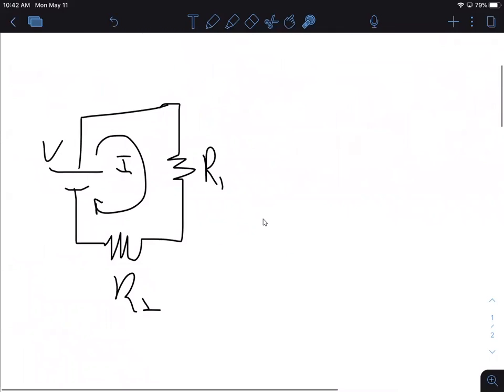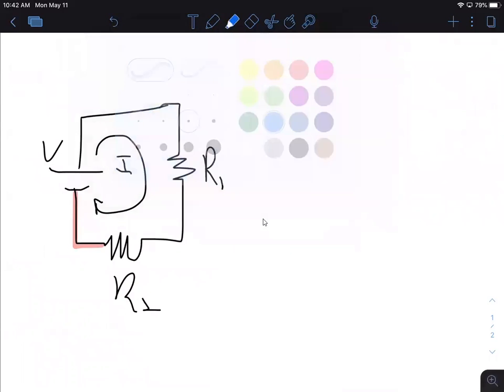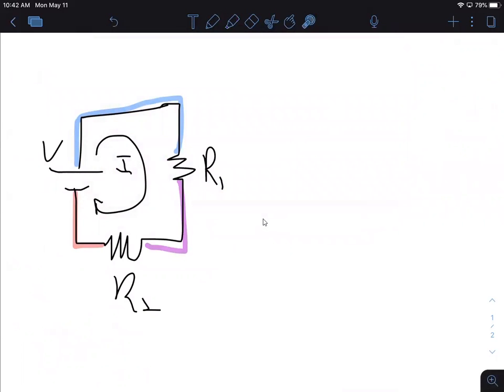Now, what can I do with multiple resistors? Because now I am no longer getting the total change of V over a resistor, right? I'm gaining V here, I'm losing some amount of it, and then I'm losing the rest here. So how could we figure out a way to turn this